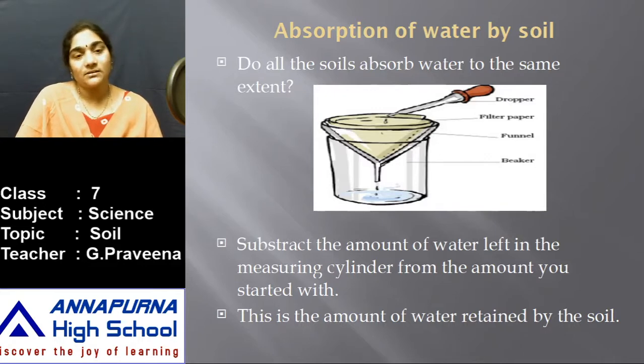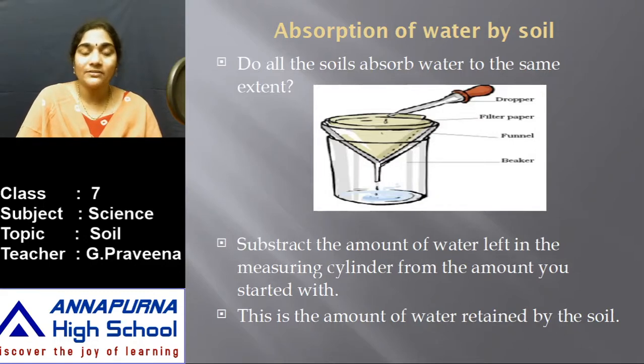Now measure the water, for example 200 ml or 250 ml, and for the different samples you have to add an equal amount of water. You have to measure it exactly. Now to this soil, using a dropper, add water drop by drop, and see that the water is not spilled at one place. You have to spill the water all over the funnel so that the entire soil in it gets wet.